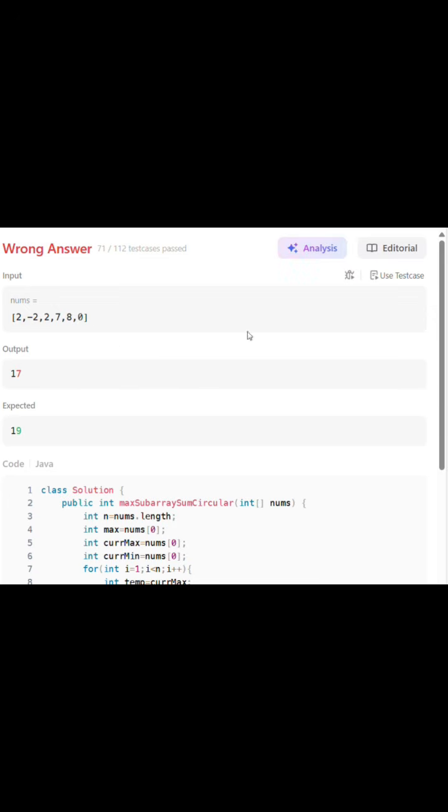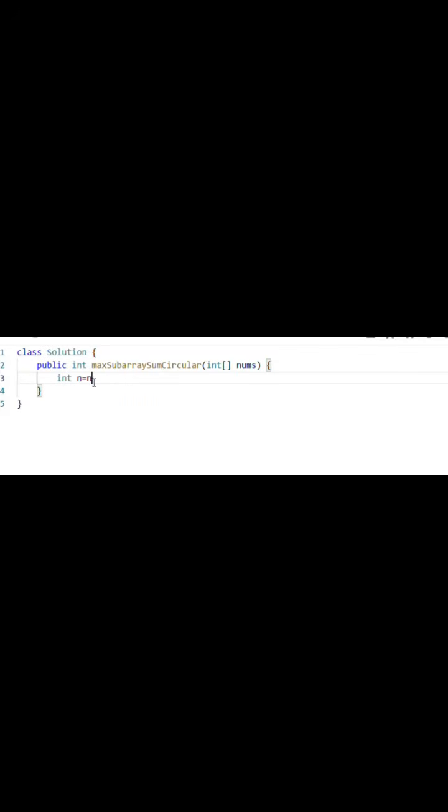So let me just change the code now. I'll take a variable named n, which stores the length of that array. Now I have to use a variable named max, so it stores the value of. Okay. Now I'll take 2